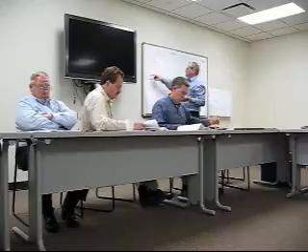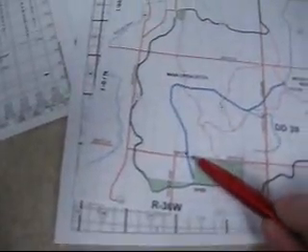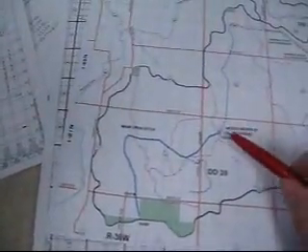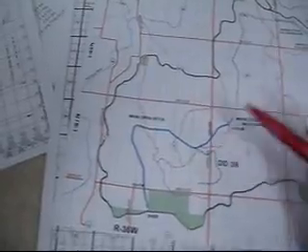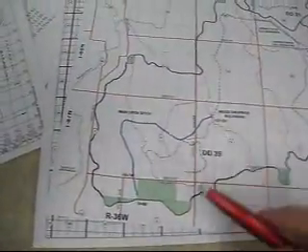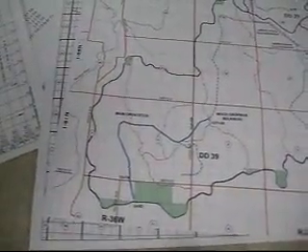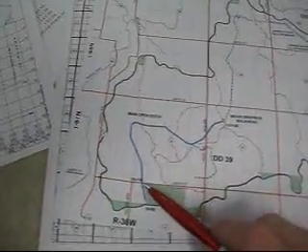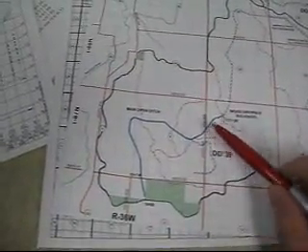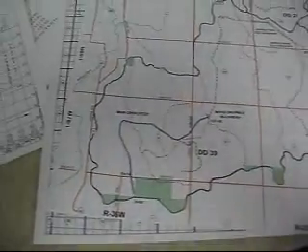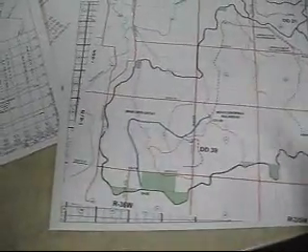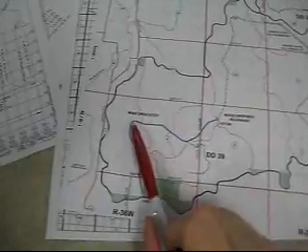Other items, road crossings. We've got two road crossings, a county road down here and the highway here. Both of those are bridge-type structures with capacity not being an issue. There's no upsizing or anything for capacity purposes, and they're fine. We also have two private crossings, basically down here in section 6.